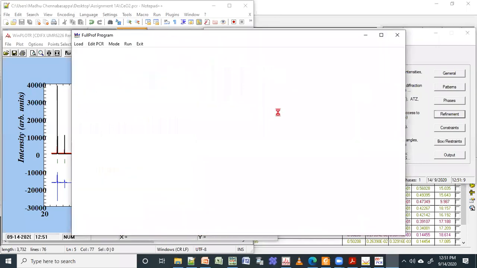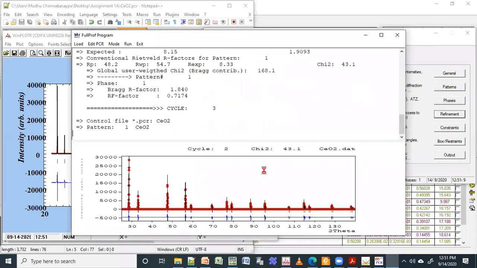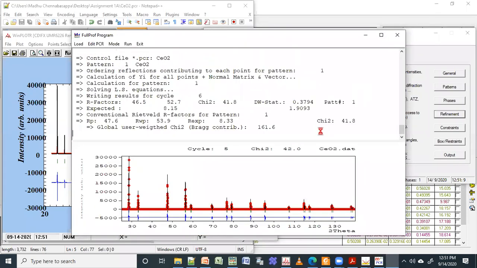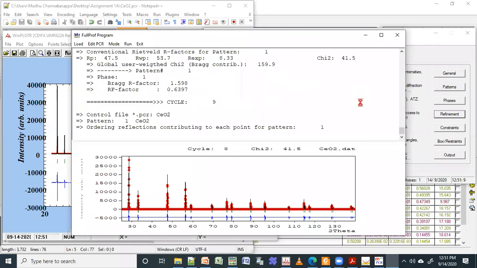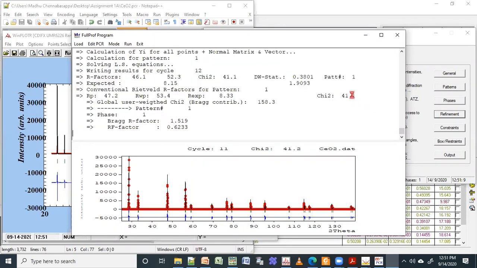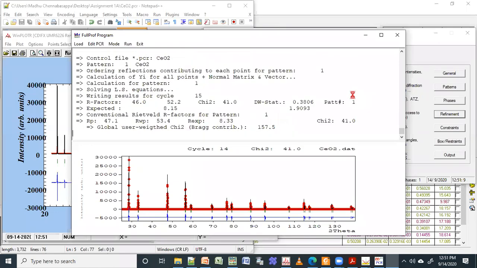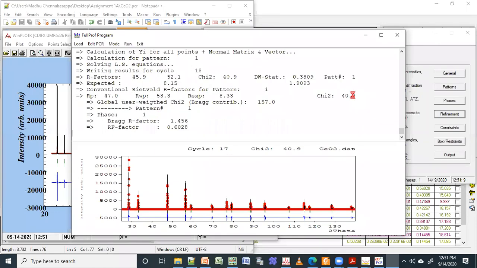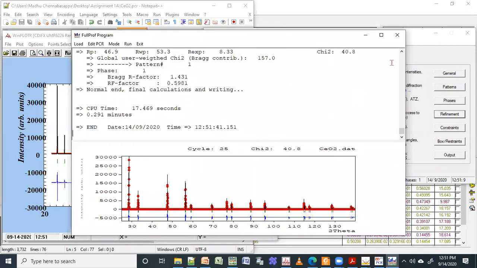I will try to run it. I will change it to 25 cycles. You can see chi-square is decreasing. As it is decreasing, that means your data fitting is getting better. In principle, this has to reach something like 3. If you reach 3, then it is a good fit.